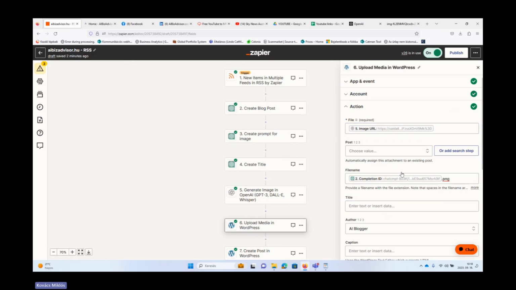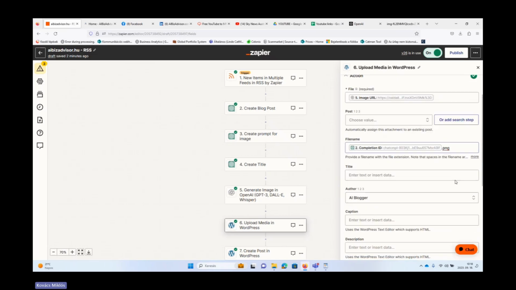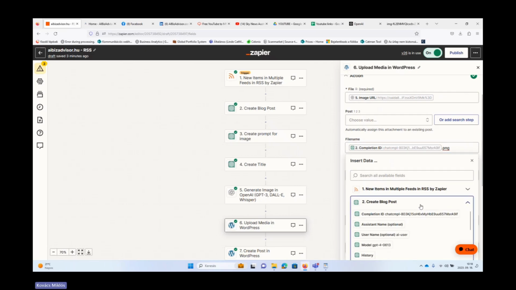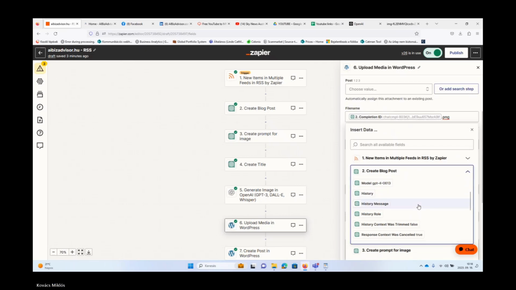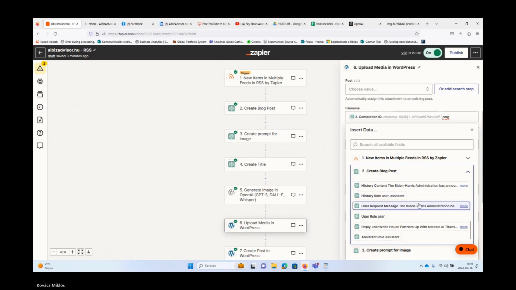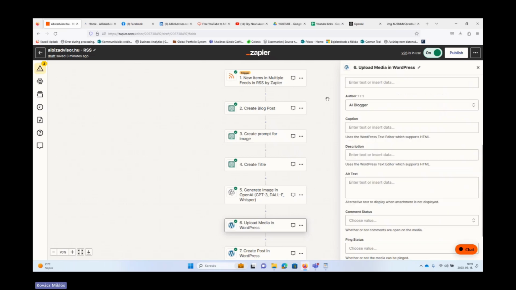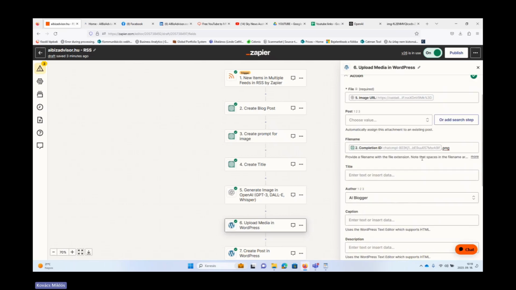And regarding a file name, it's important to mention that you need a unique file name. So my trick here is that I'm using a unique ID. So basically from step 2, I'm using the completion ID, and then I'm adding .png, right?